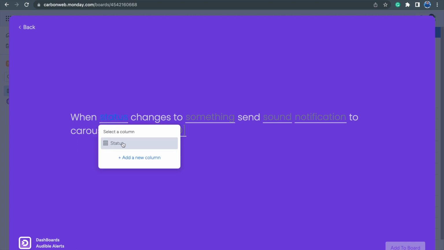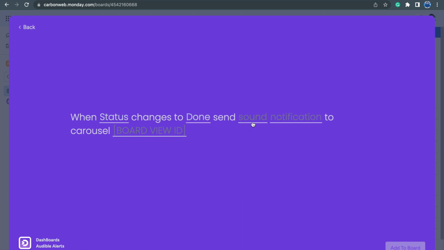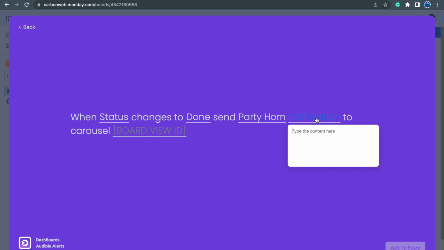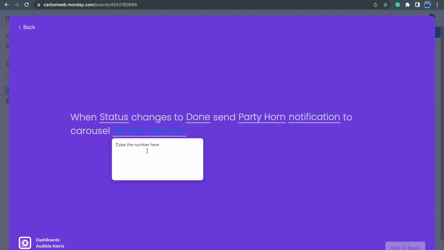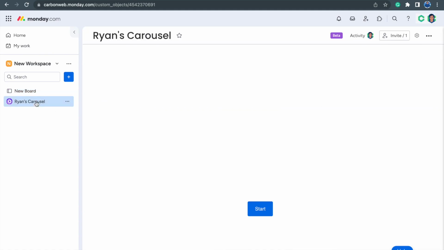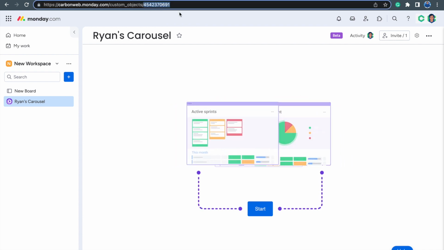So now we can choose our status. So when status changes to done, we want to send the party horn sound and say task has been completed. And then here is where we want to grab the carousel board ID. So to do so, I should have grabbed this first, but I'm going to click out of here, go back to our carousel, and at the top here, we will grab the number at the end of the URL, copy that,